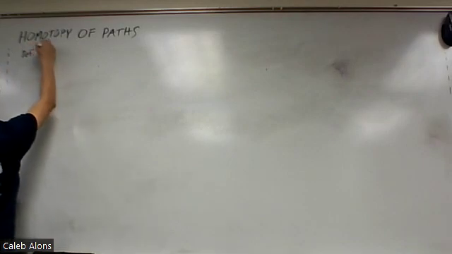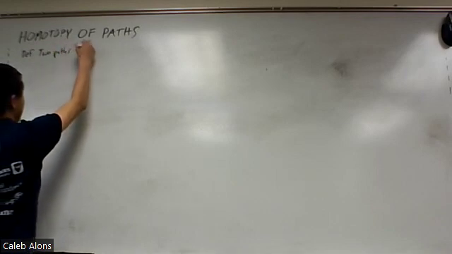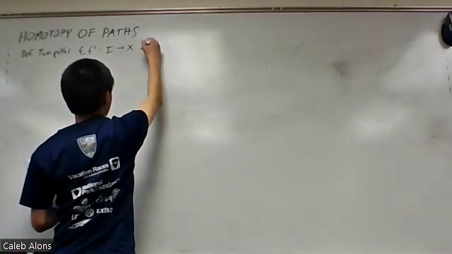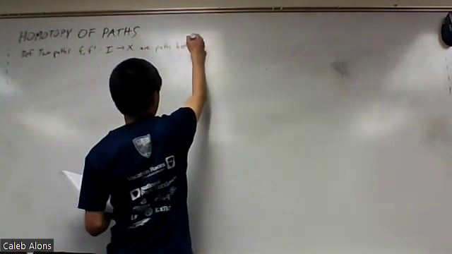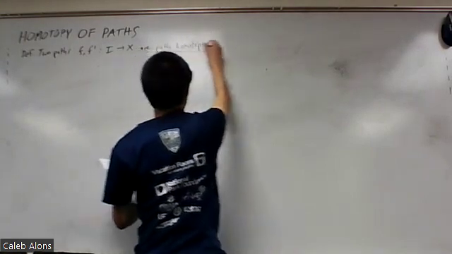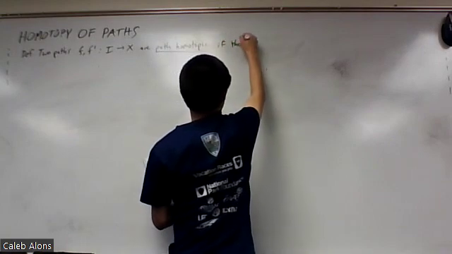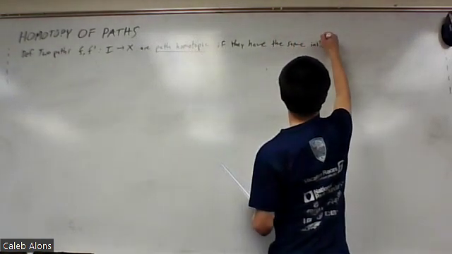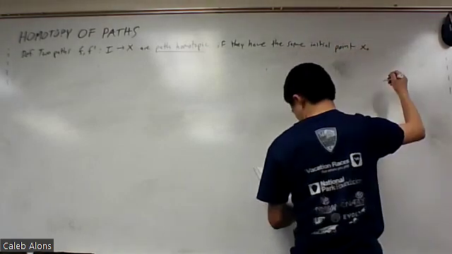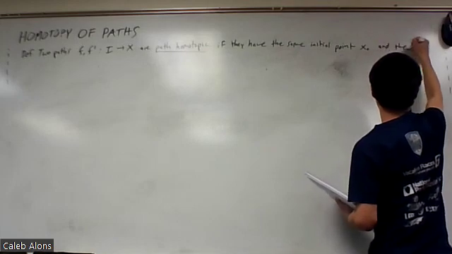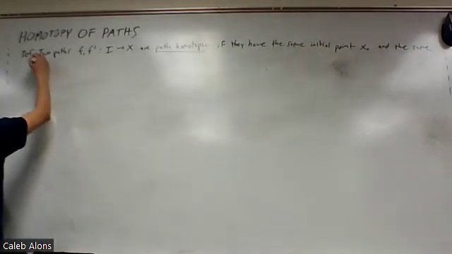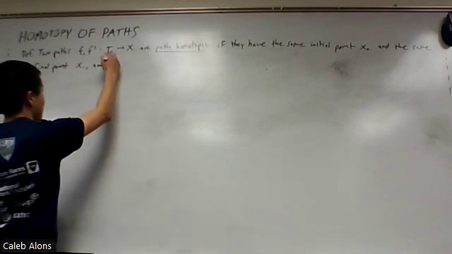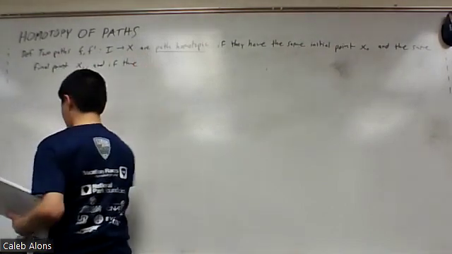Two paths F and F prime that take I to X are path homotopic if they have the same initial point x naught, and the same final point x1, and if there exists some continuous map,